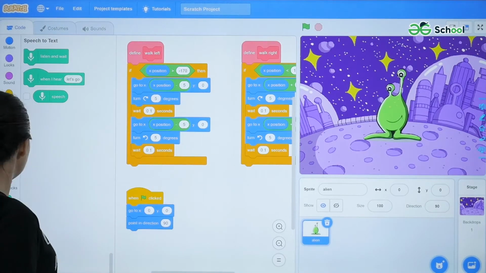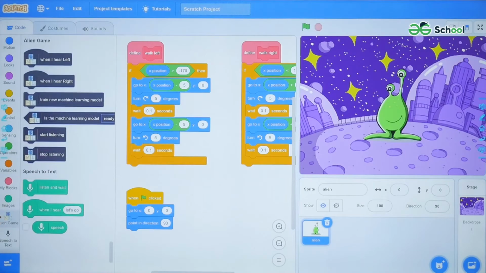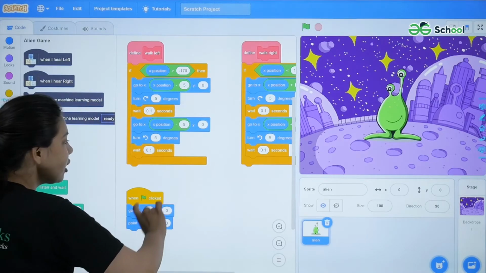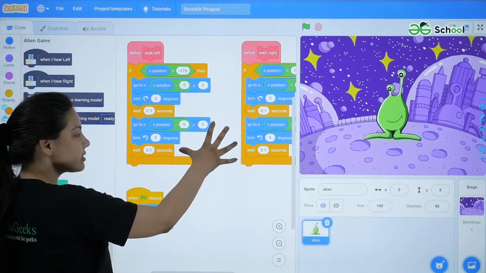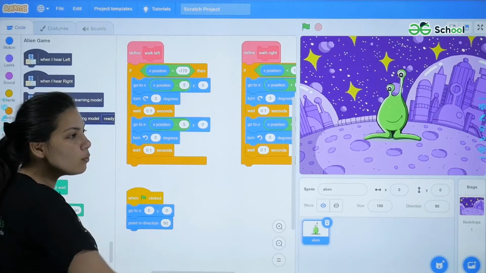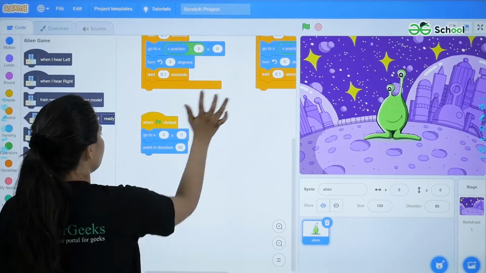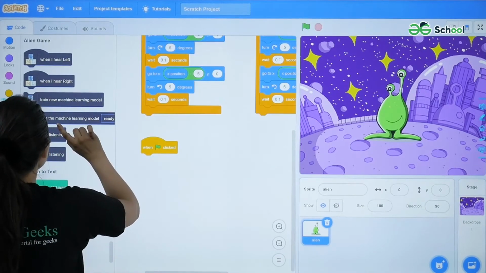Okay, so now you can see one more box appearing in my toolbox, that is of my machine learning trained model. So I'm going to use those model blocks so that I can modify my script from random to my machine learning model. So let us modify the script. I'll explain the code.